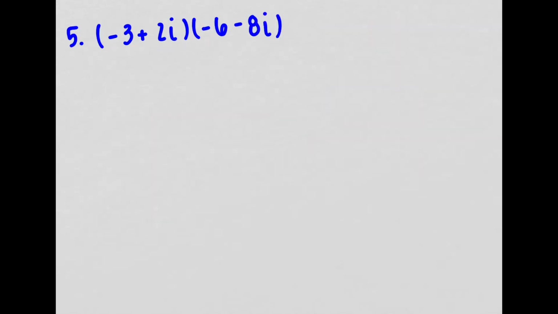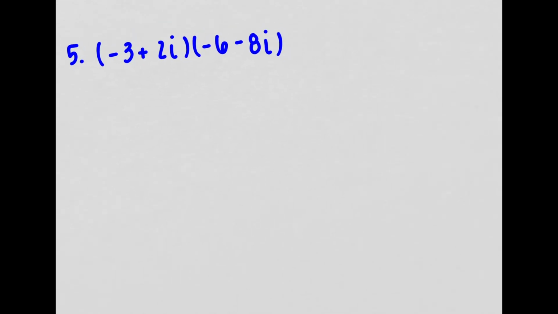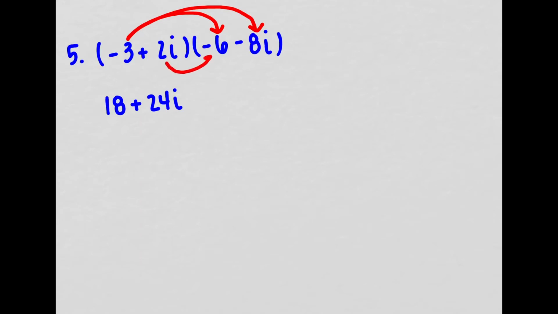So the next ones I'm going to do are multiplication. And these are ones where you have to kind of do your distributing, your FOIL process. What that means is we're going to multiply everything by everything. So negative 3 times negative 6 gives me a positive 18. Negative 3 times negative 8i gives me a positive. I multiply the numbers, 3 times 8, 24, and then don't forget the i. Now I'm going to multiply 2i times negative 6, so that gives me a negative 12i. And my last step is 2i times negative 8i, so that gives me a negative 2 times 8 is 16,